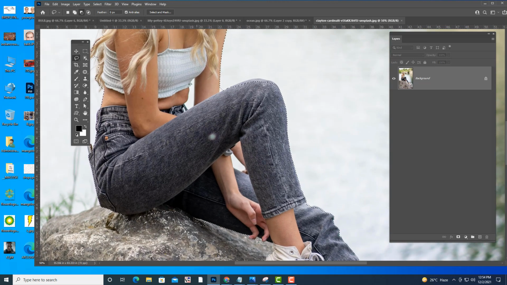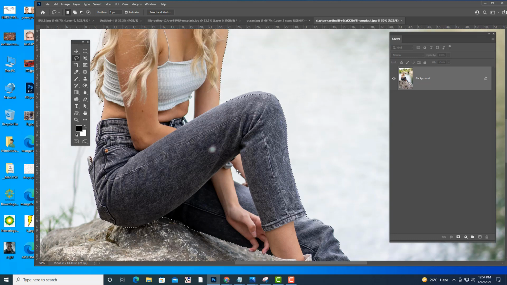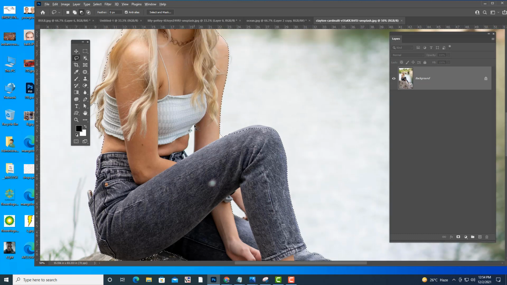So you can simply subtract this area. Alt. And here what you have to do? These areas we have to remove. Anyways, we are going to scale this image now, so we may not see all these things.